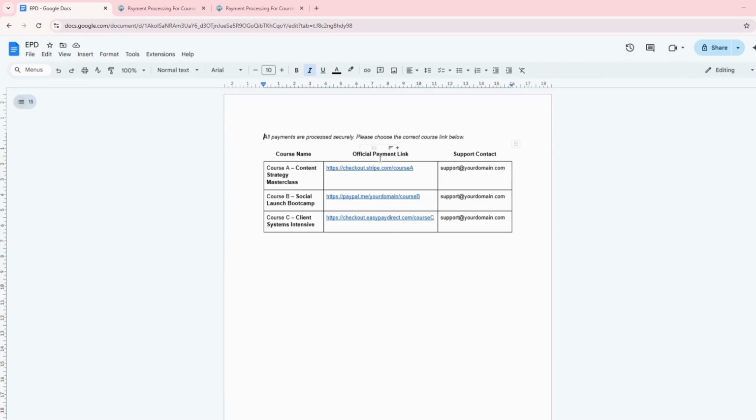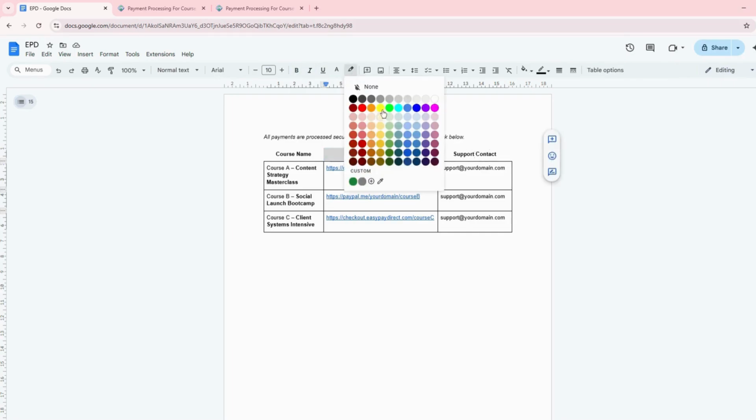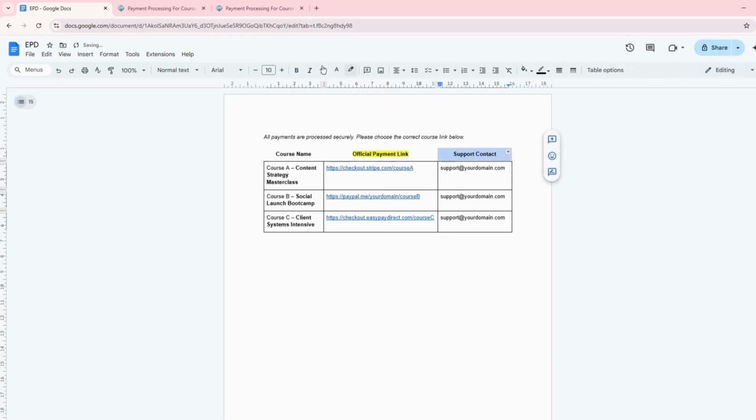Create a checkout instructions guide in Google Docs with labeled links and a single support contact. It's quick and keeps things organized, but managing multiple links can still look inconsistent, and that confusion can cost you